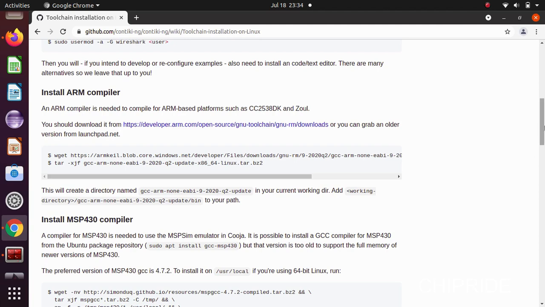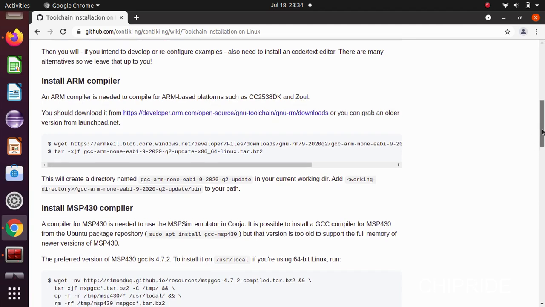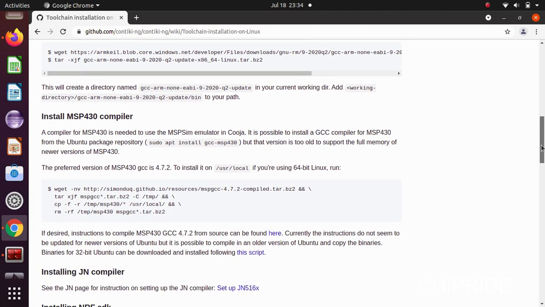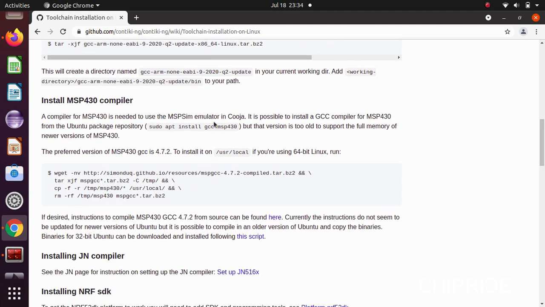Then once it is done, you have to install MSP430. This is actually required for Cooja simulation. You can see a compiler for MSP430 is needed to use the MSPSim emulator in Cooja.